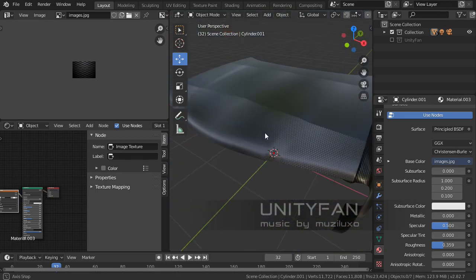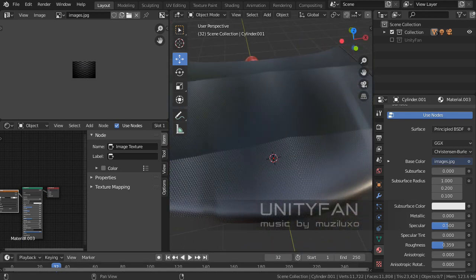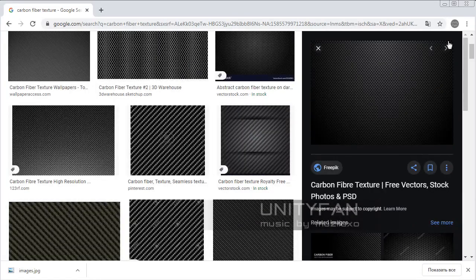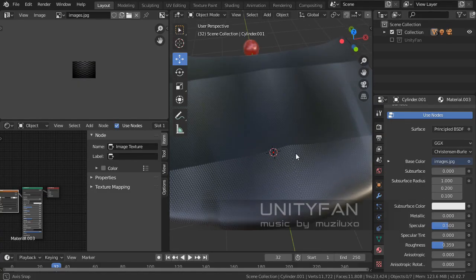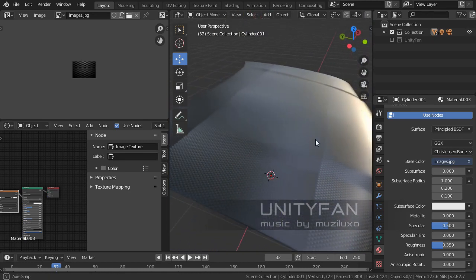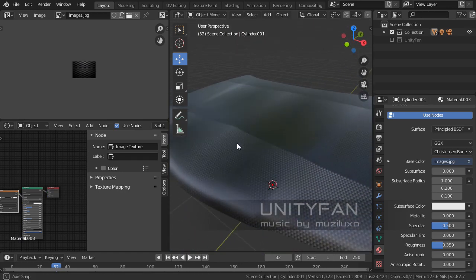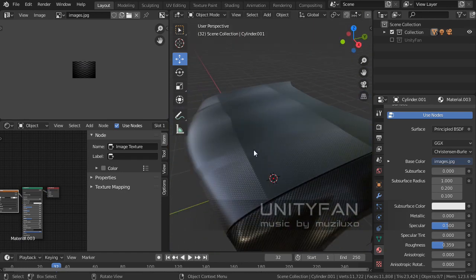Because of the shadows in this texture, it has these squares. It's not seamless and it's not tileable. We need a tileable carbon fiber texture,